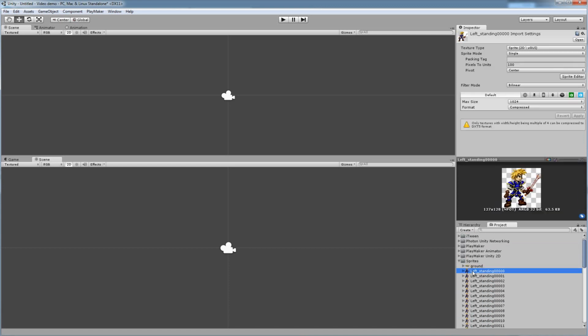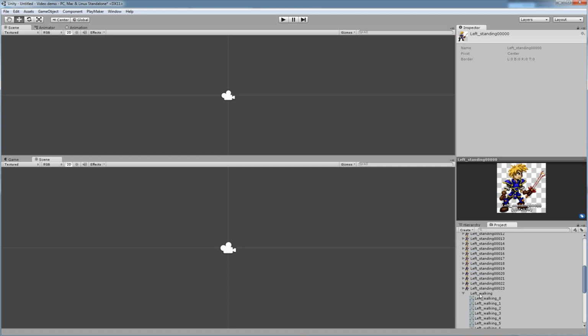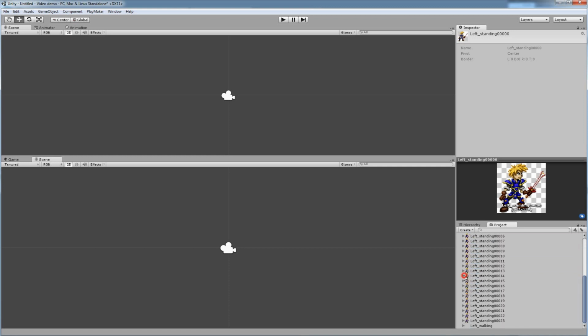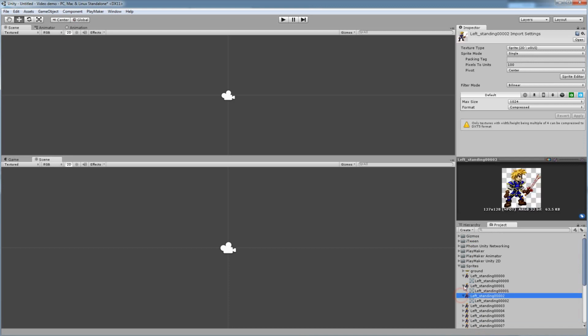Conversely, this one image itself has one of these slices or frames, I guess. So every one has one of these. So it's a lot more space taking up, whereas this one's a little more organized. You have one sprite containing all of them rather than all these different sprites. So it might be more beneficial to import it as a sprite sheet and keep your file size organized, but